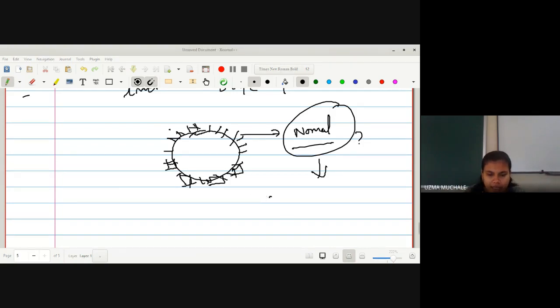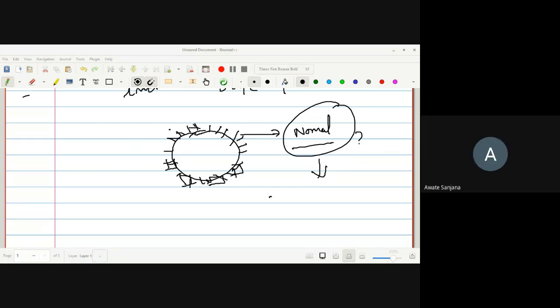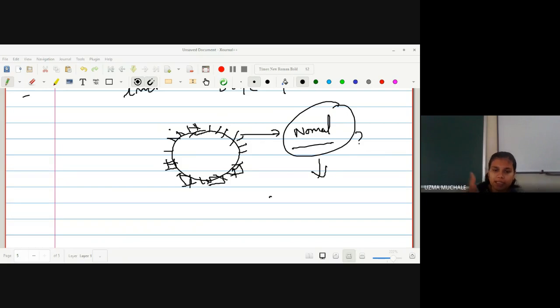Yes, does everyone have any doubt about the definition of the shape operator, why the shape operator is given this name, and why the shape operator is not defined with the tangent? We are defining this with the normal, that is also a unit normal. Instead of taking any normal vector, we have to take a unit normal. So now let us go for the definition of a shape operator.